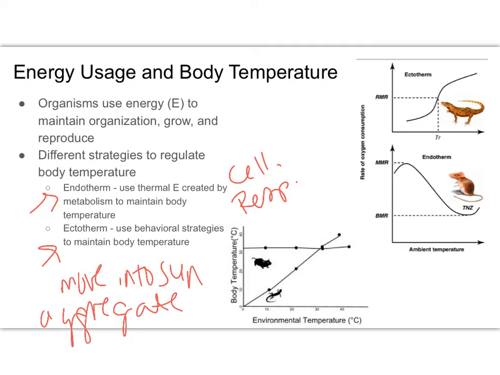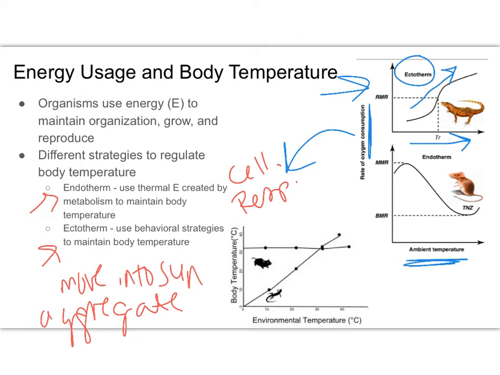Okay, and on the y-axis here, we have oxygen consumption. So oxygen consumption is going to be related to cellular respiration, right? And then we have ambient temperature on the x-axis, meaning the temperature of the outside, okay? So the air temperature. So as the ambient temperature increases with the top one, with the reptile, right, with our ectotherm, as the ambient temperature increases, you'll notice that their rate of oxygen consumption starts to go up